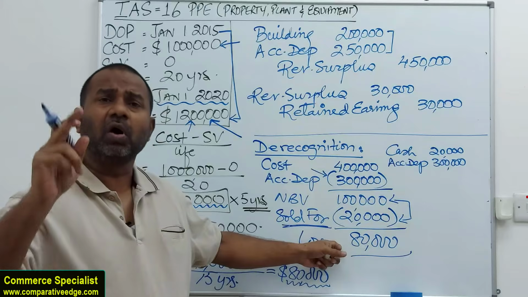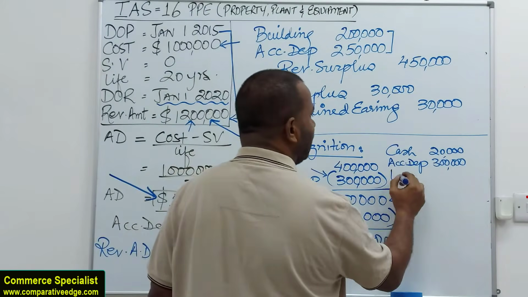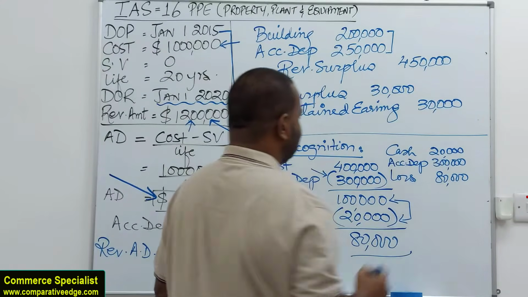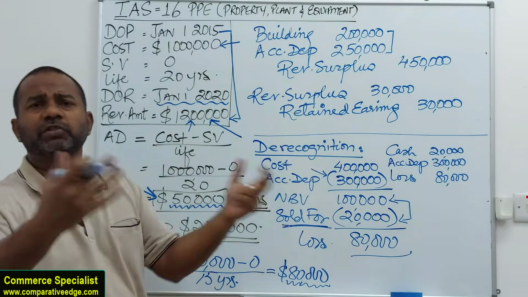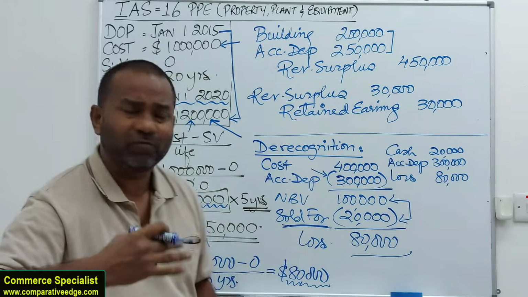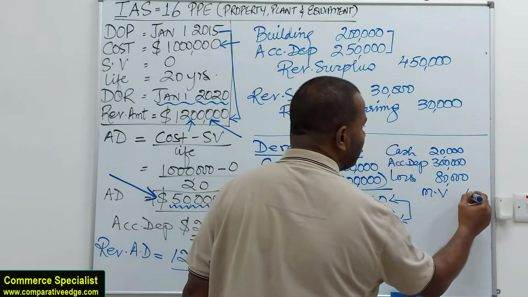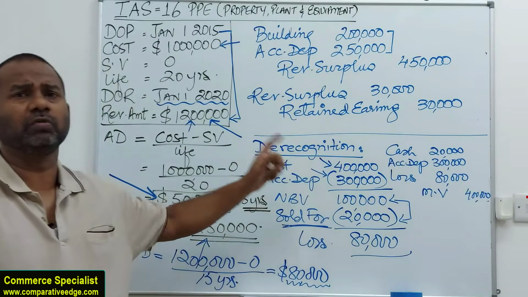If there is a loss, all losses are recorded as a debit. So I will debit loss as well, which is 80,000. And obviously this asset, let's say it's a motor vehicle. When we purchase the motor vehicle, increase in an asset, we would have debited it. When we are selling, we credit it with its cost. So you credit motor vehicle with 400,000. This is how you record